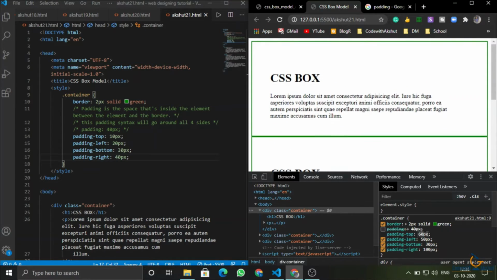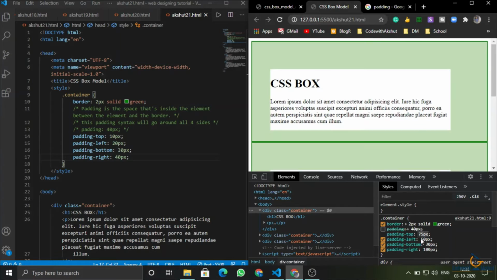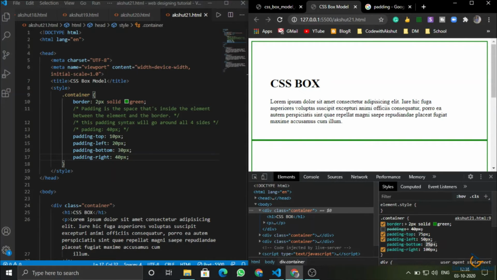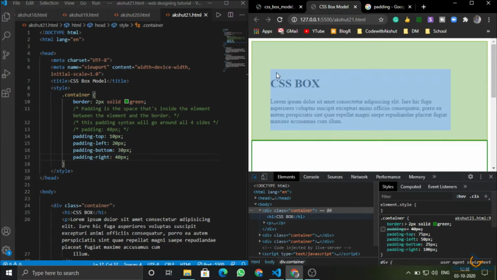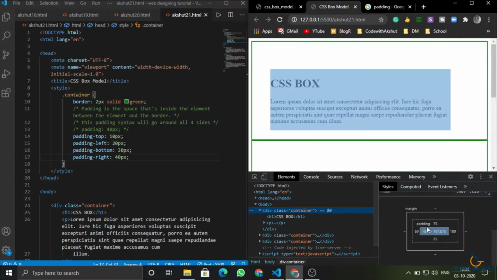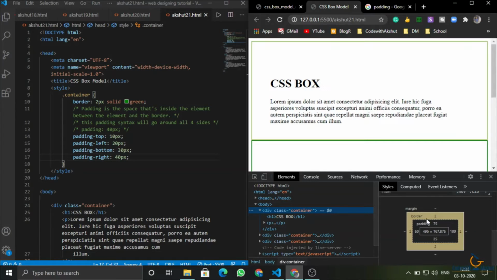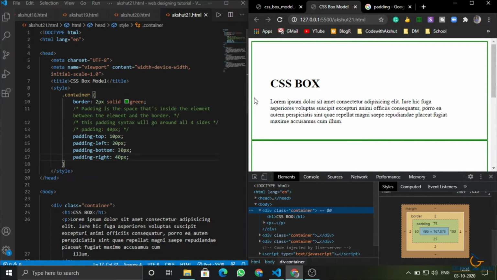If I increase the right to 100, left I will do 50, top 75, bottom 25. As you are able to see, there is a gap on every side. At the top it is 75 pixel. This is 50 pixel. This is 25 pixel, and this is 100 pixel.